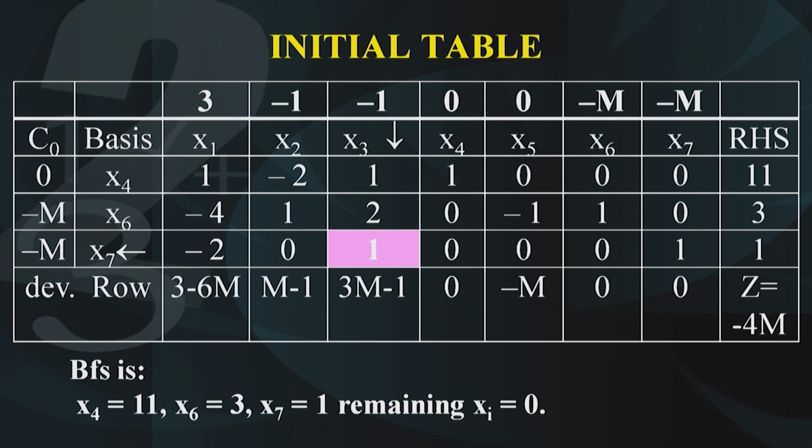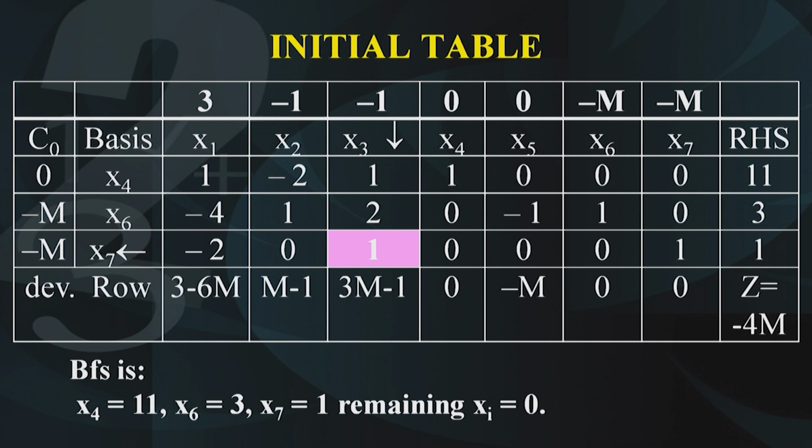So, 1 is the pivot, indicating that x3 should enter the basis, x7 should leave the basis. And in order to perform the iteration, we need to apply the elementary row operations in such a way that this pivot column now becomes 0,